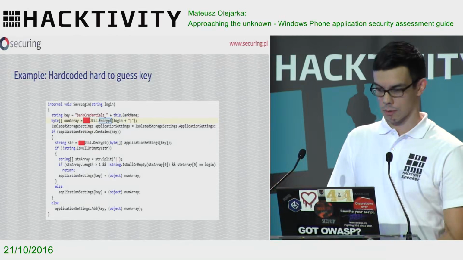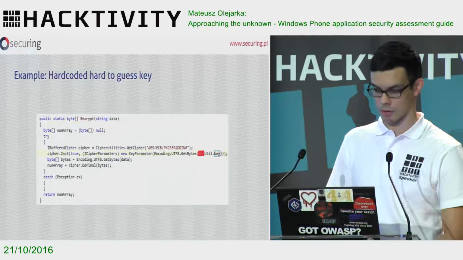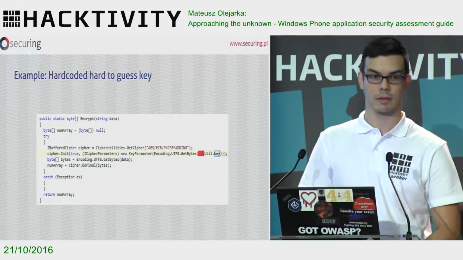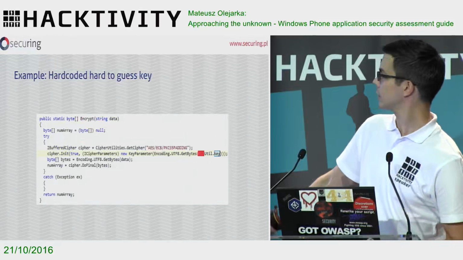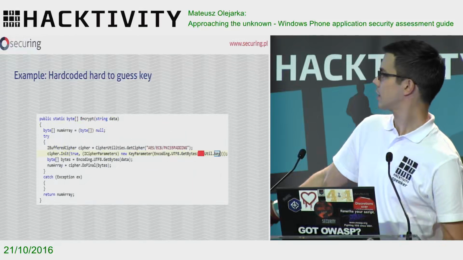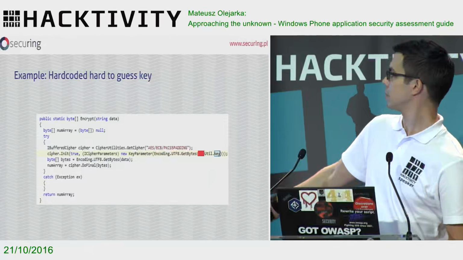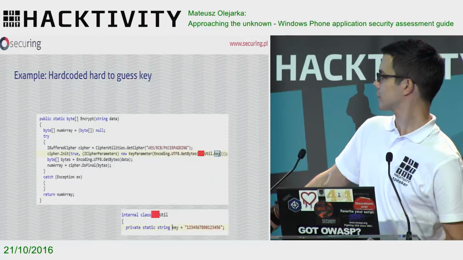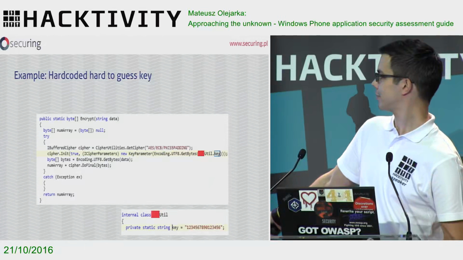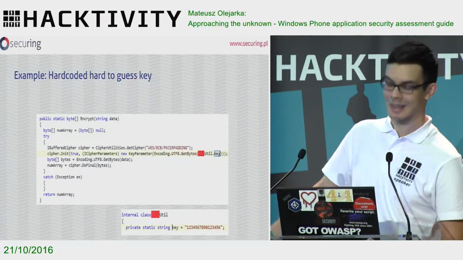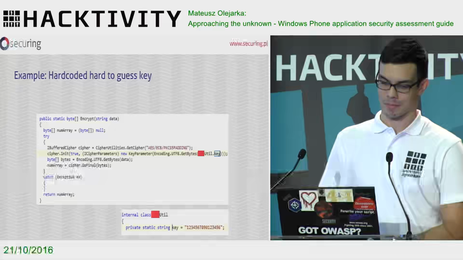Okay, so get back to example. I was curious what the encryption is used, so I navigated easily to this encrypt code, and I see AES, electronic codebook, which is not good, but okay. And the key. And the key was pretty complicated, long, right? Sometimes it's fun.